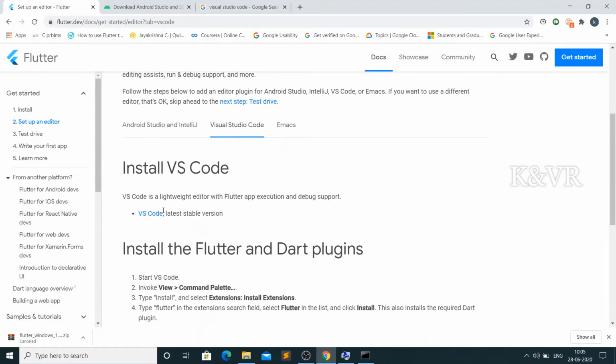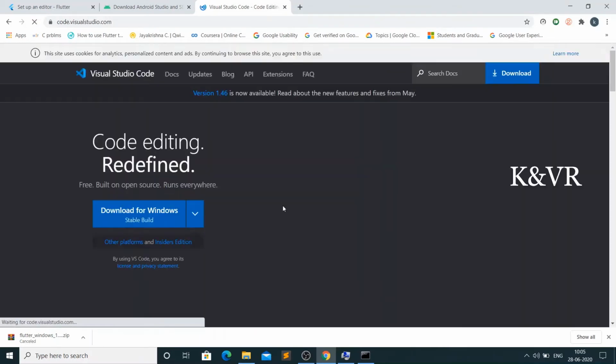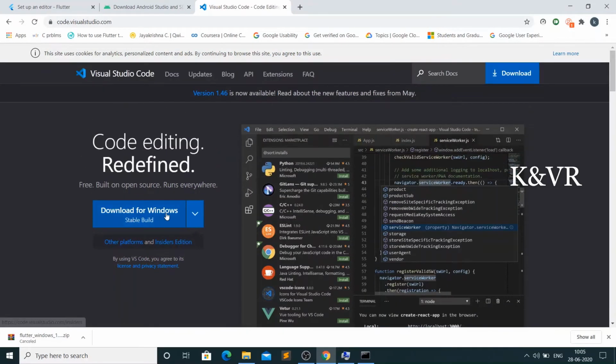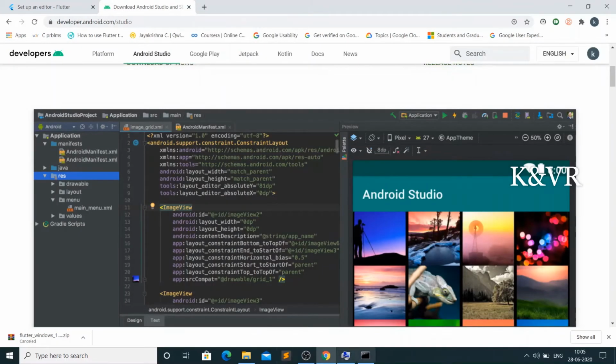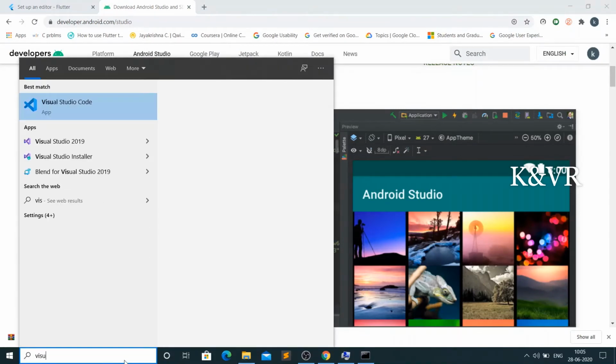Just download Visual Studio Code. Go to the search bar and type Visual Studio Code. Just click on Visual Studio Code, download for Windows, install it on our laptop, and open it.